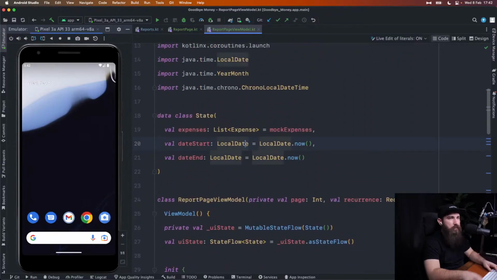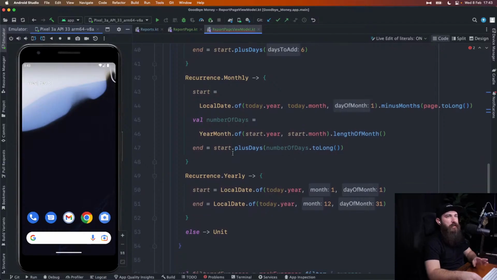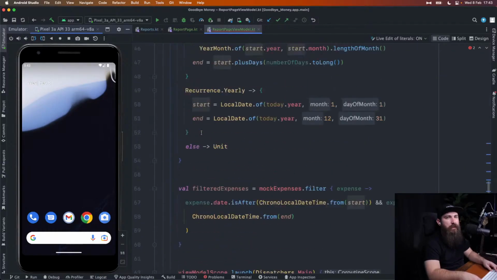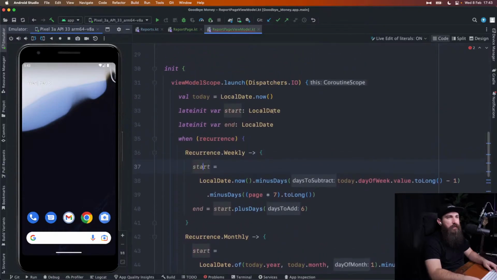I'm gonna do local date time on the start and the end. Okay, and I'm going to use the start of day and end of day. These should be local date time instead of that, right? So local date time